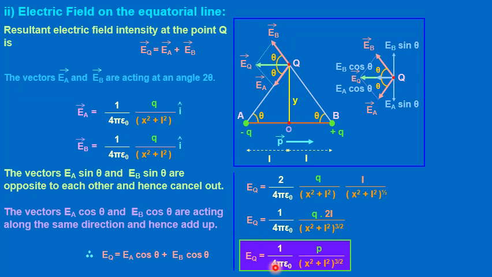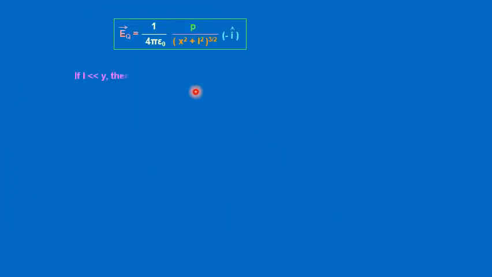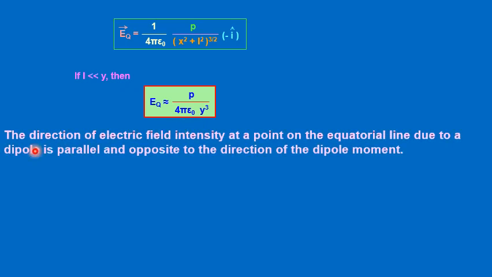EQ is equal to 1 upon 4 pi epsilon naught P upon (x square plus L square) raised to the power 3 by 2 into minus I cap. If L is much lesser than Y, then EQ will be approximately equal to P upon 4 pi epsilon naught Y cube. The direction of electric field intensity at a point on the equatorial line due to a dipole is